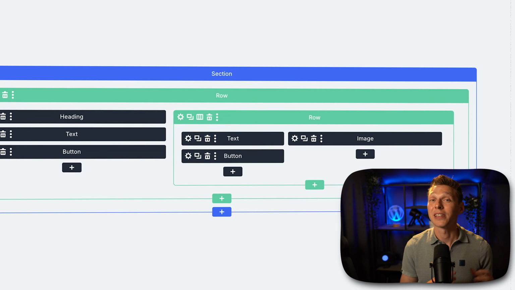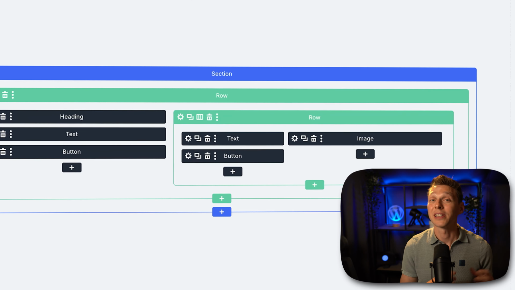One of the most exciting updates is the introduction of advanced units. In Divi 4 we were limited to pixels, EM, viewport width, viewport height and rem. But now with Divi 5, fluid typography is built right in and you'll have access to all CSS units, variables and functions. Think vmin, vmax, calc, min, max, clamp. Look at it, it's all there. Now, I'm not going to explain to you how calc and clamp work, but it's extremely powerful when using it in the right way.